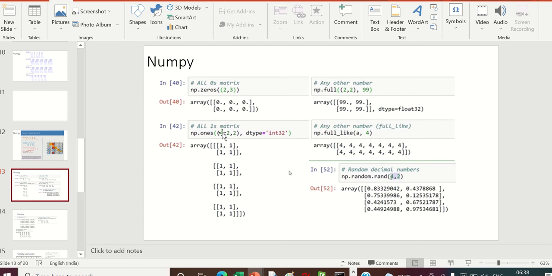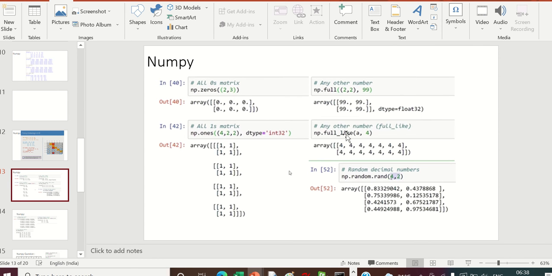So you can see there are three dimensions: 4, the first one, second one, and third one. If you want a fourth dimension, you can also do that. The number of square brackets has increased, but all the elements inside these are ones.